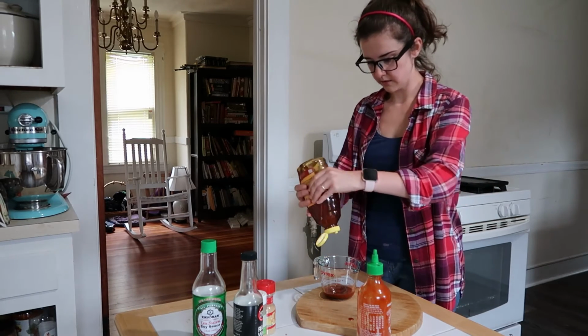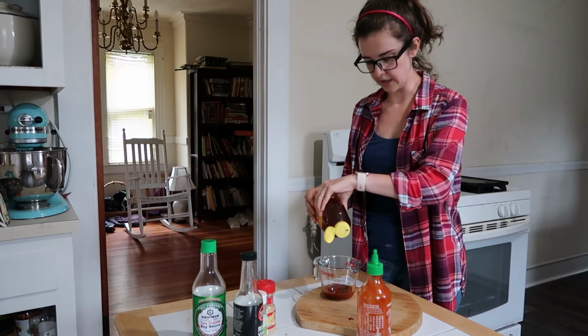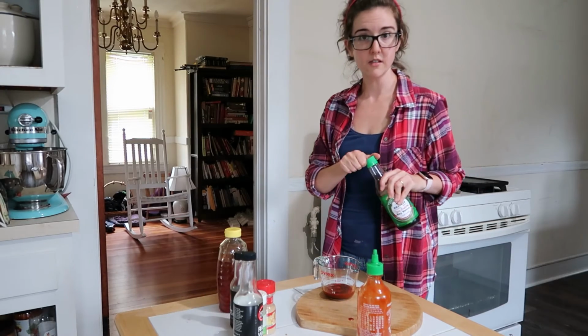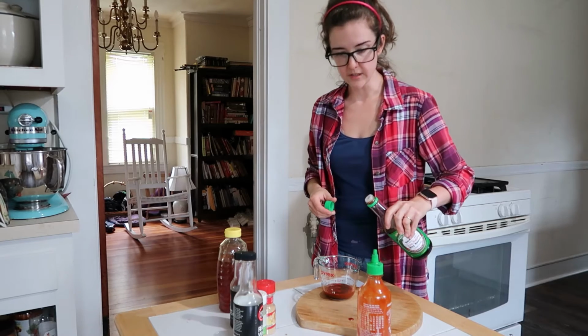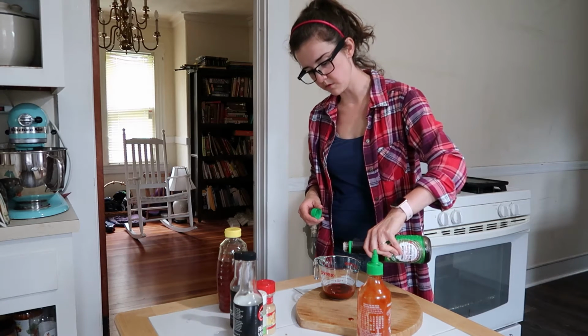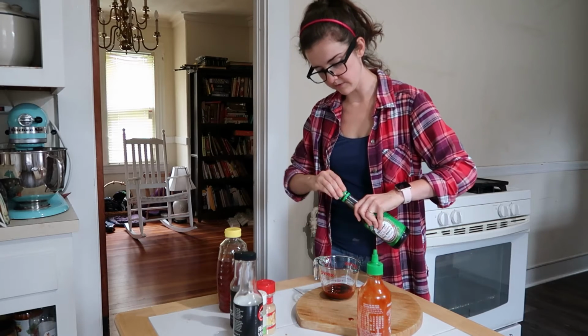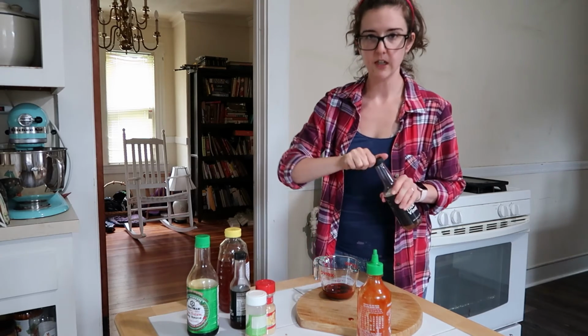So 1, 2, 3. And our soy sauce, we're going to want 3 tablespoons of that. So let's have it to 1.5 tablespoons. 1.5. Our rice wine vinegar,